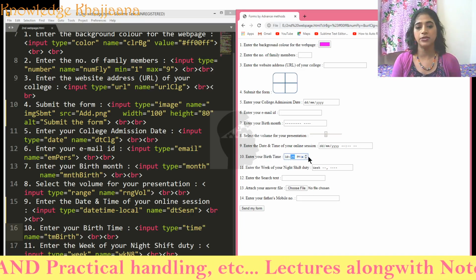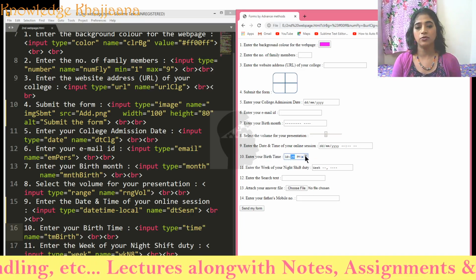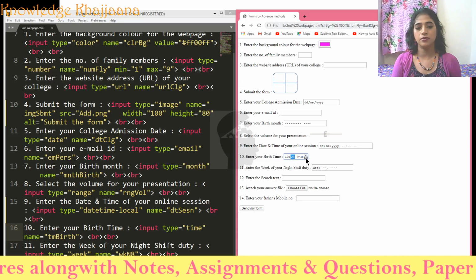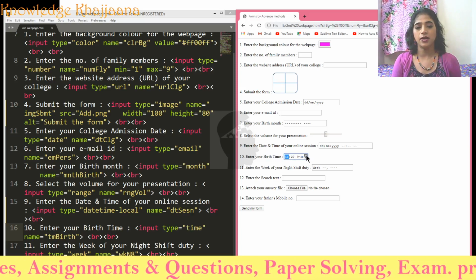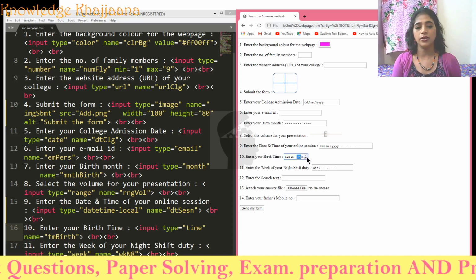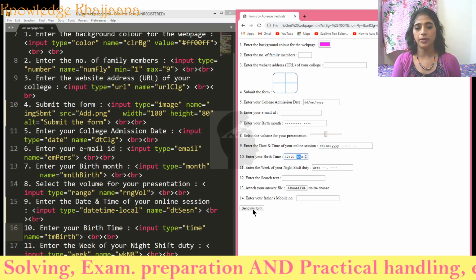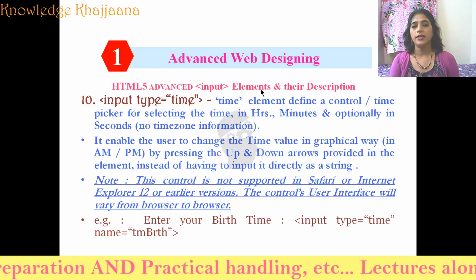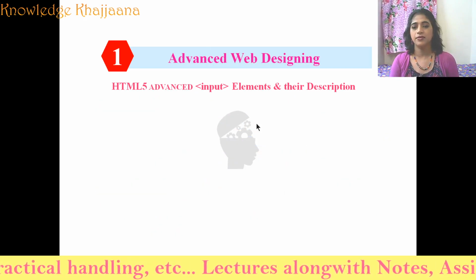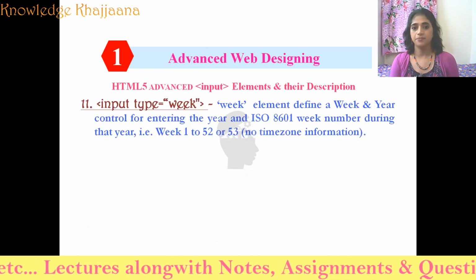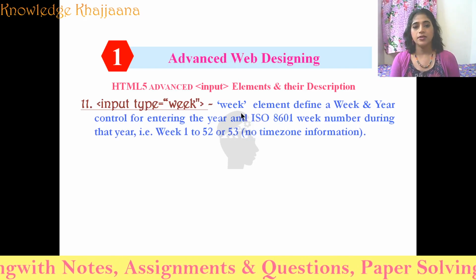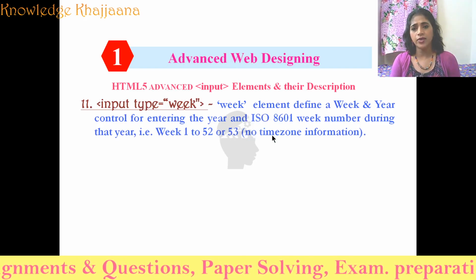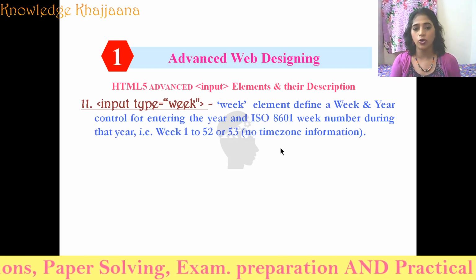You can select the minutes, increase the hours, and set AM or PM. The next element is week. This is an interesting and different element which you must not have thought of also.